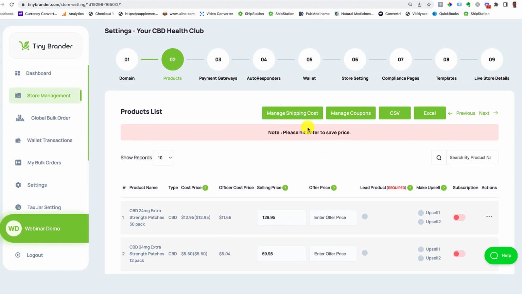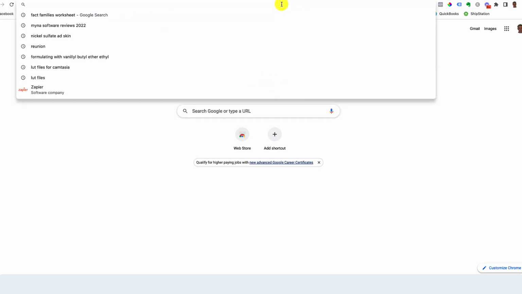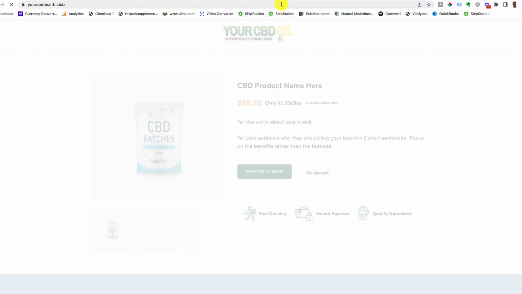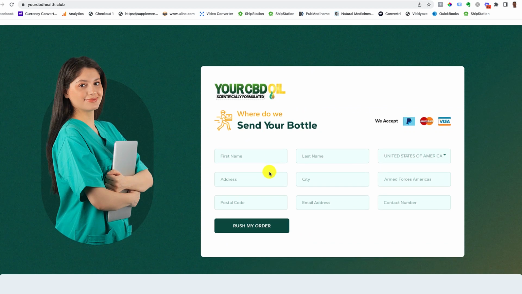Let's go and take a look at how that looks in the actual flow on a live site. So if I go to the live store details and just copy this URL and then come across and paste that in a new browser window. Okay, so now we have it, and if we go to check out this store, and then I'll just put some fake data in here